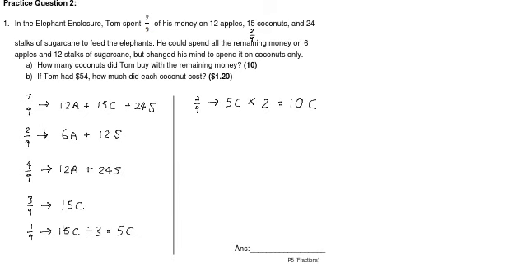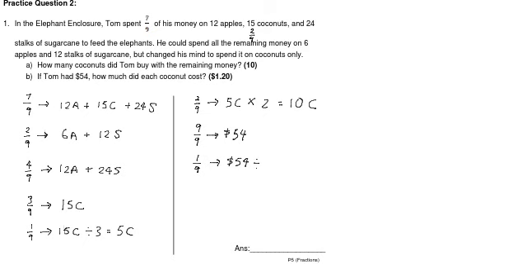Okay, if Tom had $54, how much did each coconut cost? Okay, so that means Tom had altogether $54. That means all his money, being 9 over 9, is actually $54, right? So 9 over 9 is actually $54. So 1 over 9 of his money is actually 54